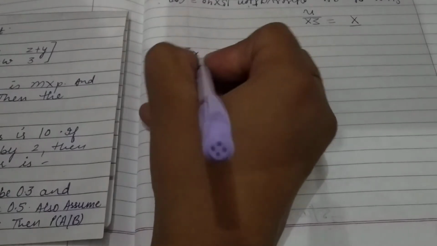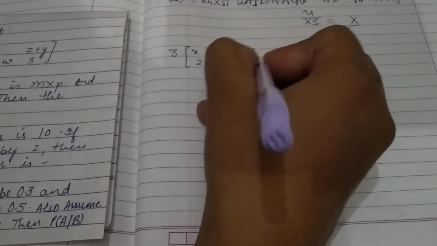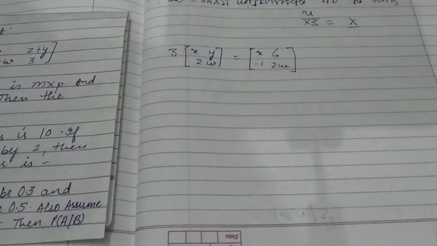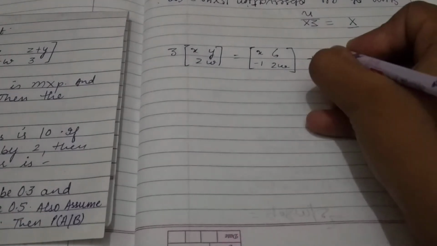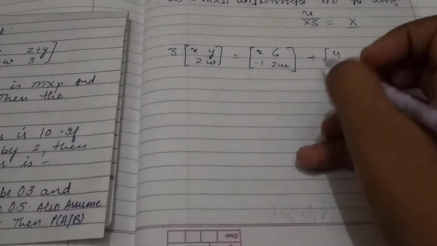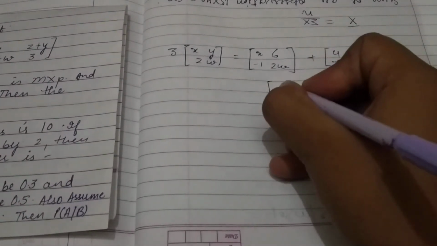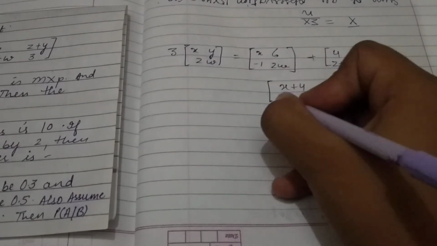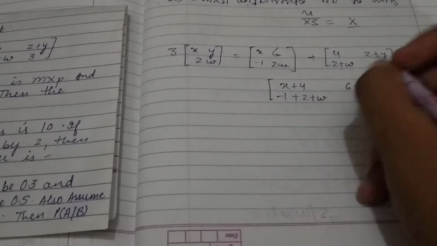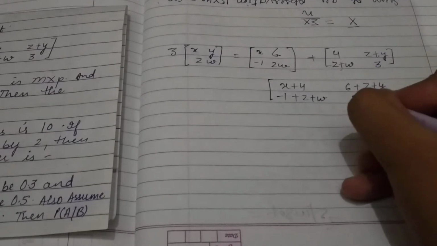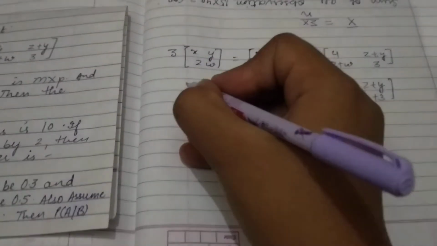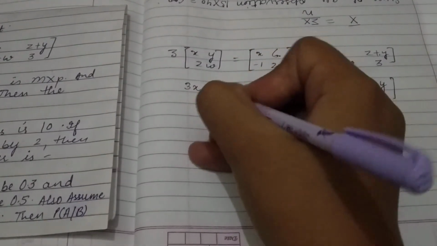3z y z w is equals to x minus 1 6 2w plus 4z plus w z plus y 3. So we can add this like x plus 4 minus 1 plus z plus w 6 plus z plus y 2w plus 3, and we can multiply 3. So this is,